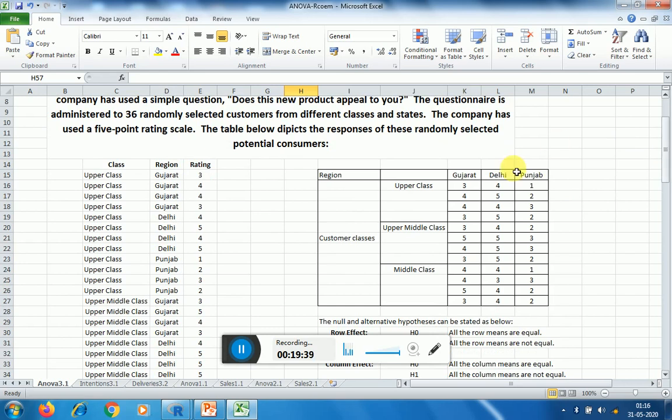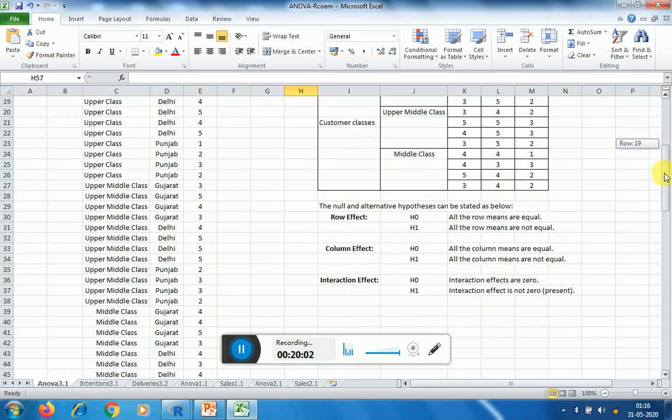So here this data is tabulated from this original version of data. Here you see that there are 3 customer classes: middle class, upper middle class, and upper class, and these are the 3 different states, and the response variable is the scores or the ratings. Now we want to test here the null hypothesis for row effect, all the row means are equal.